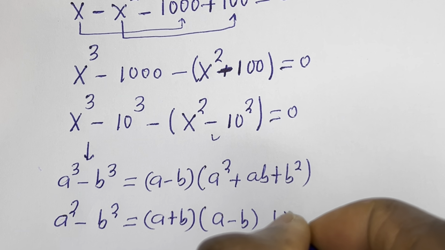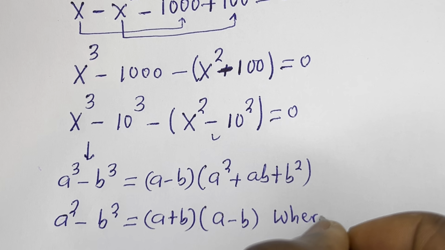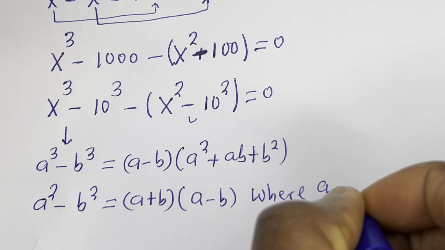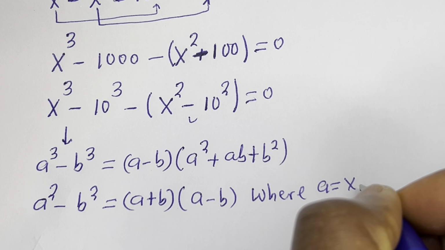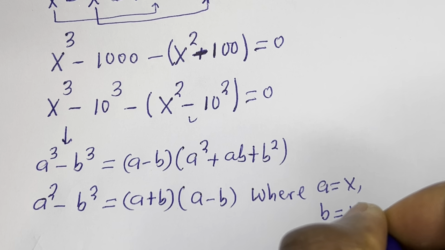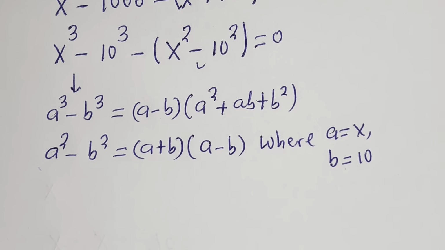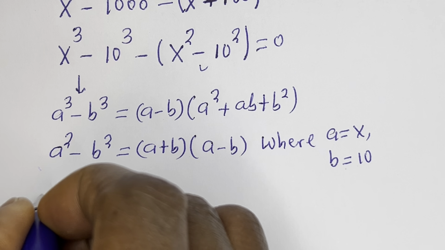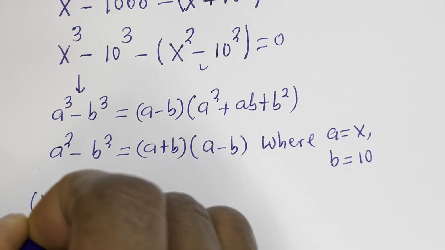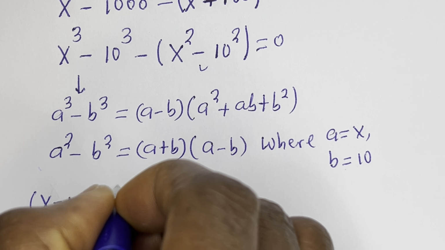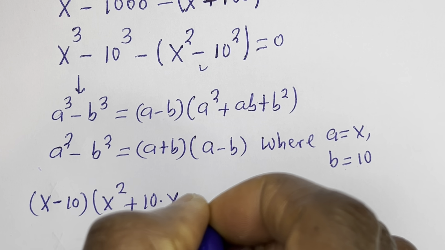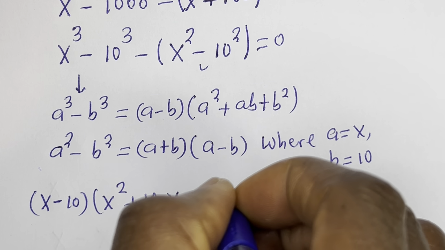Then where a is equal to s and b is equal to 10, we have s minus 10 bracket s squared plus 10 multiplied by s plus 10 squared,